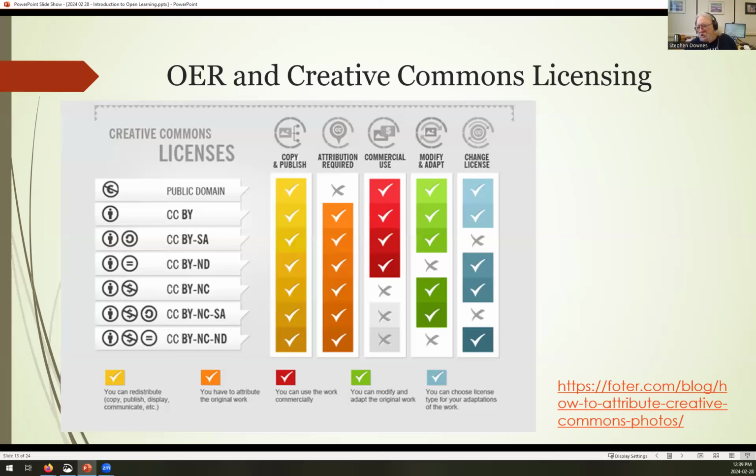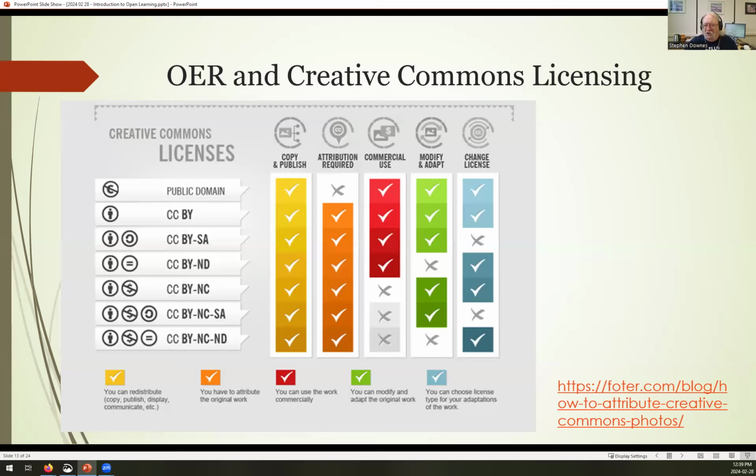There's also the no derivatives, or ND, condition, which is anybody can use this for whatever they want, but don't change it. That's really important for artwork, for works of literature, things like that, where if you change it, you're really altering the character of the work.